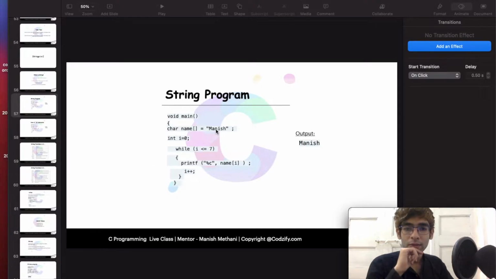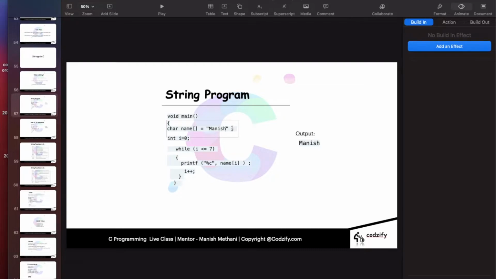Now there is a restriction in this program. Suppose I add more characters to this string, Manish and Komal.